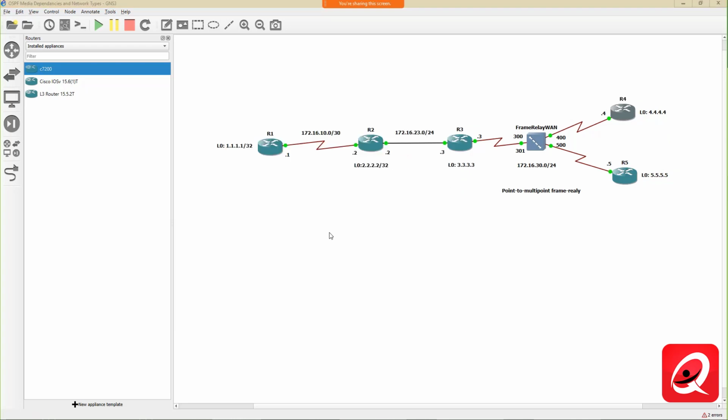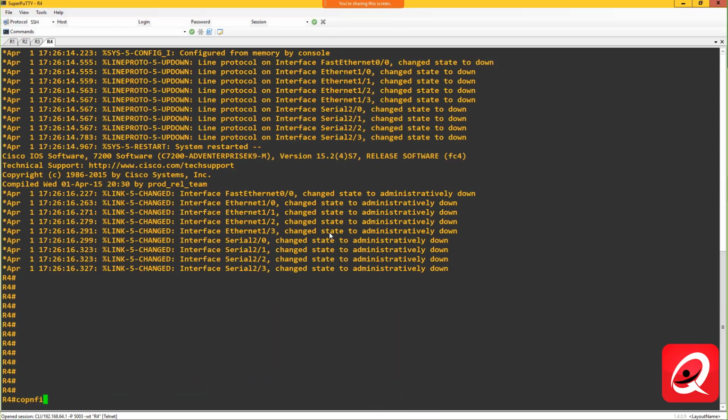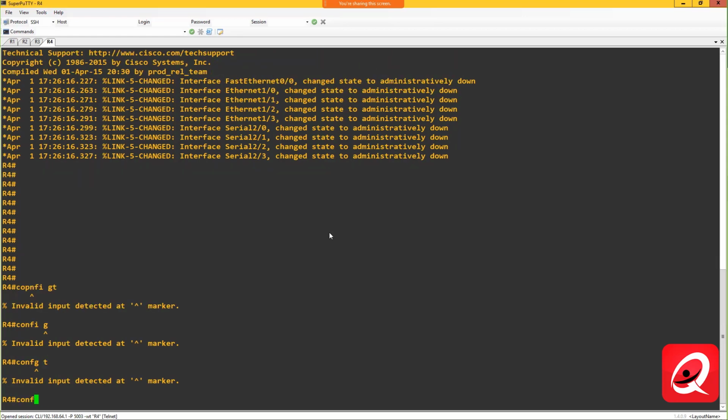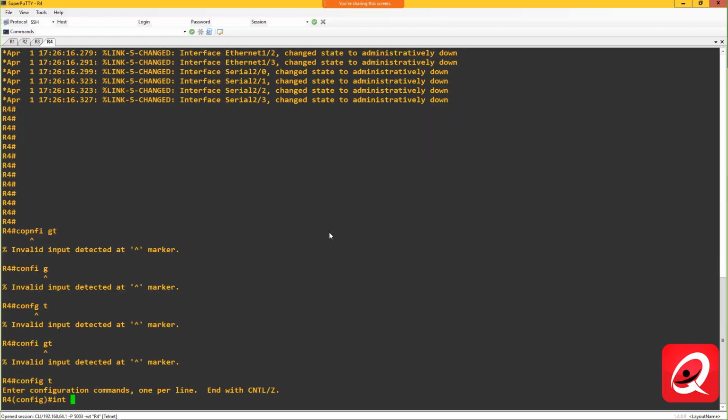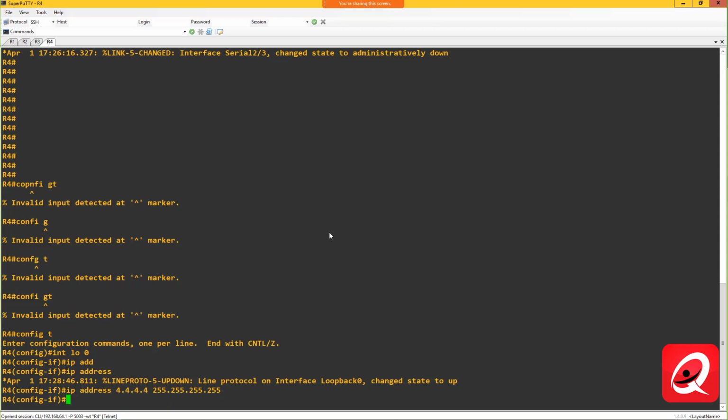and go into the console port here. I've got to do my basic IP configurations first. There we go. Config T. Interface loopback 0, IP address 4.4.4.4, 255.255.255.255. By the way, frame relay is probably not going to be covered on the exam. This would be a very similar situation to where we're doing DMVPN, except that in DMVPN, the network type is automatically discovered, most likely as broadcast, not